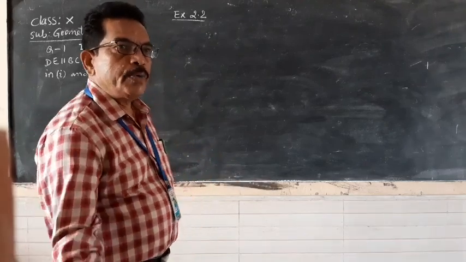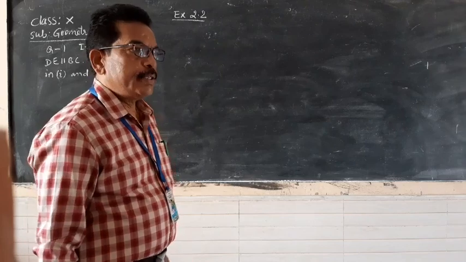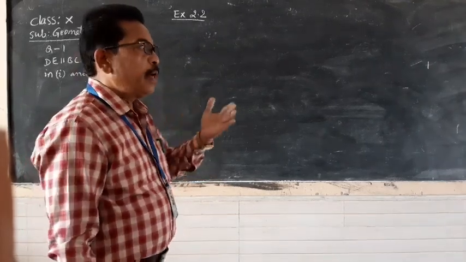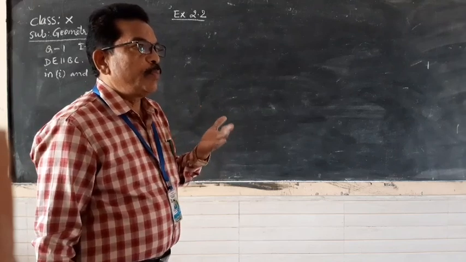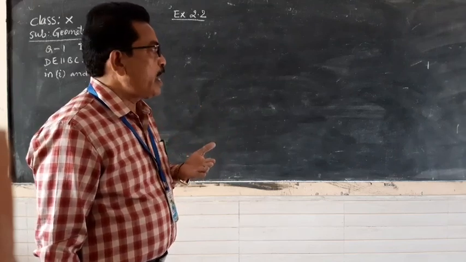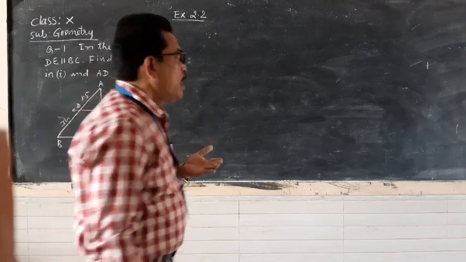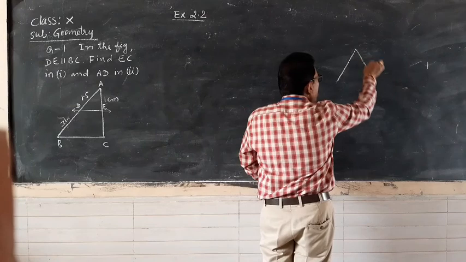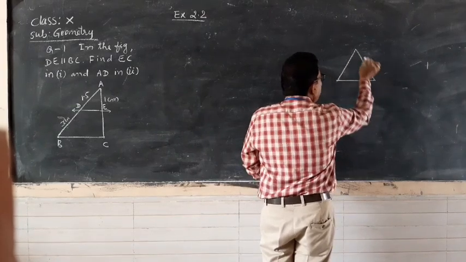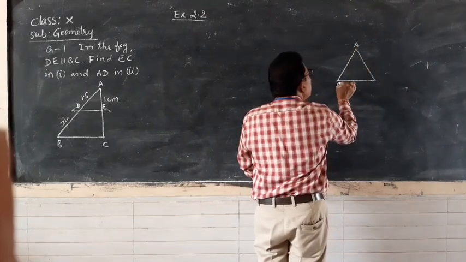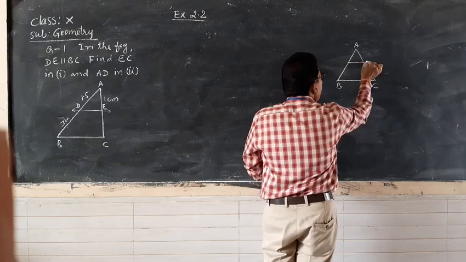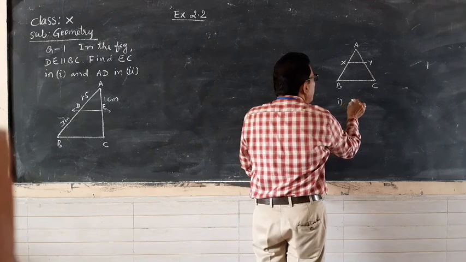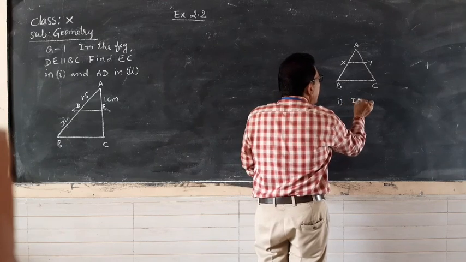Today we shall continue exercise 2.2. Already yesterday I have told you the basic proportionality. Once again I remind you how that basic proportionality is utilized in solving the problems. See, first the original statement: triangle ABC, then XY is parallel. The first result we can utilize is in triangle ABC.